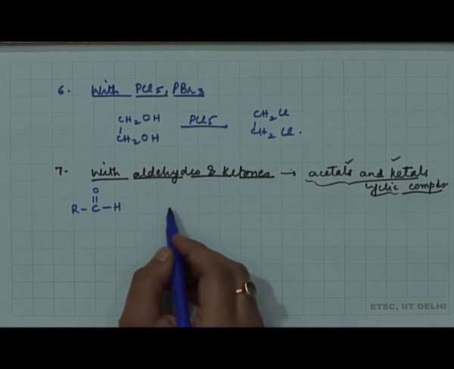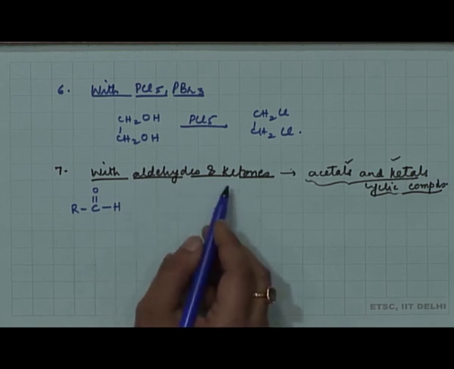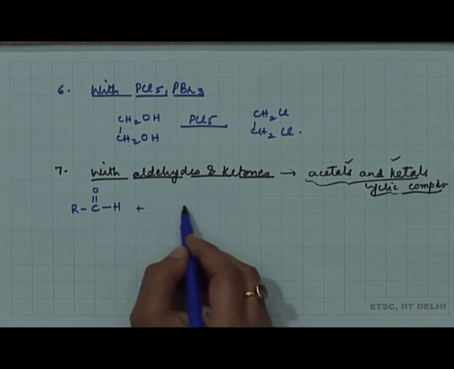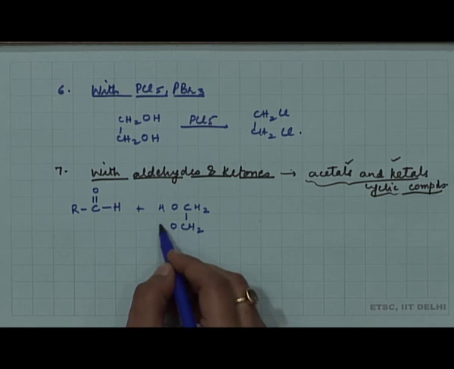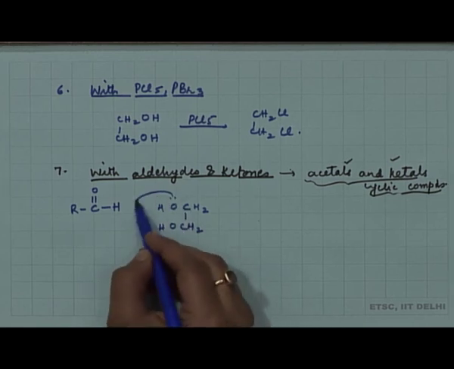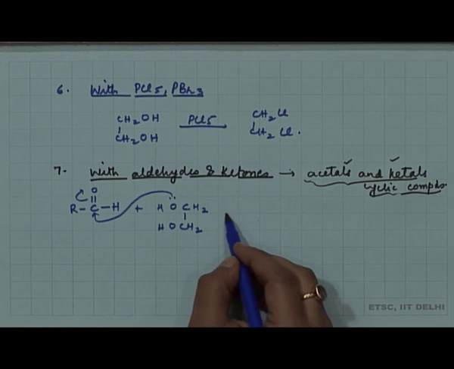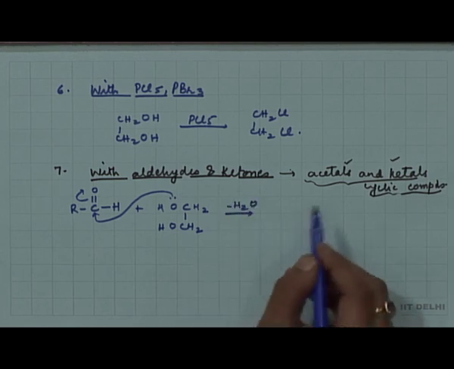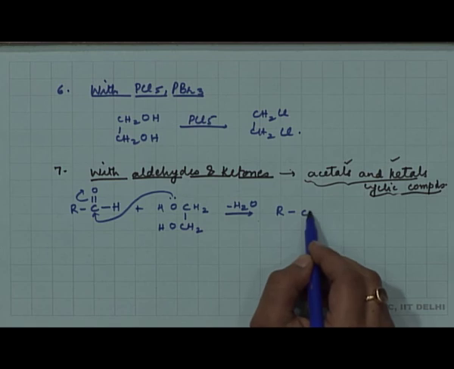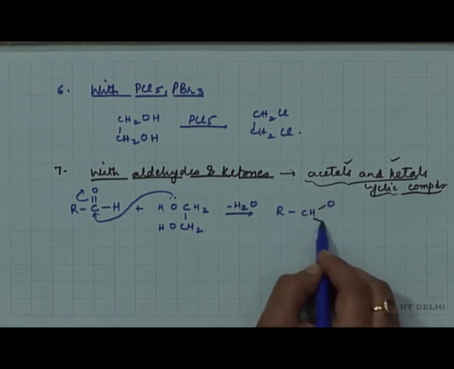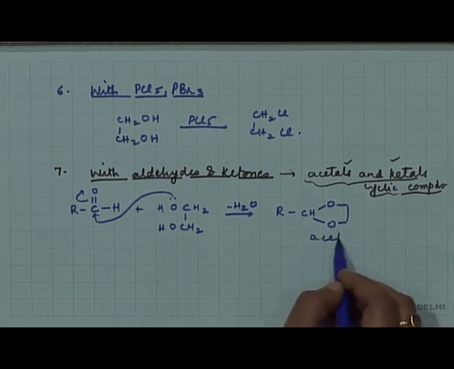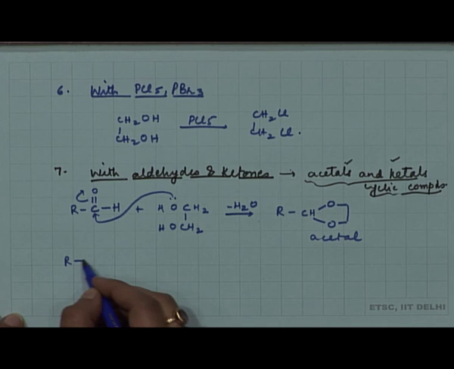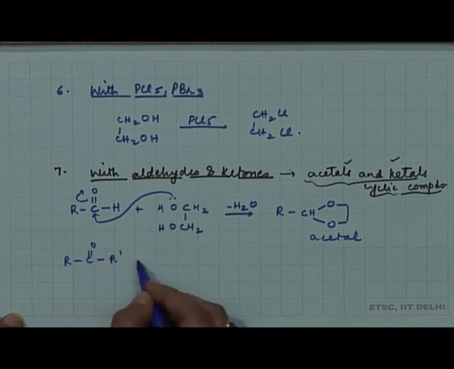If you have to carry out protection selectively, then we convert an aldehyde into an acetal. So, you treat this with the diol. Okay. So, sequentially 2 steps, loss of water, and you end up getting this compound, the acetal, and the same thing if you do starting from ketone, then you